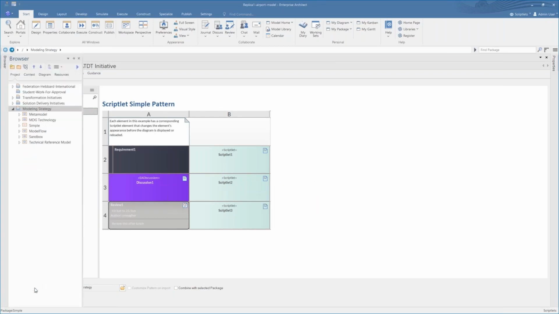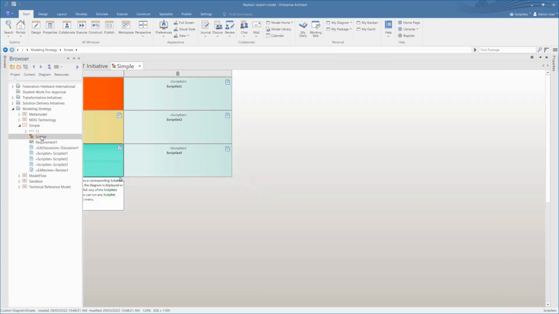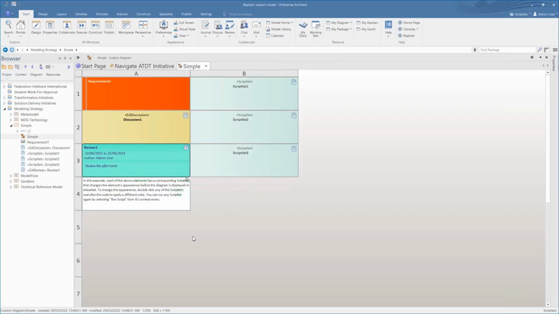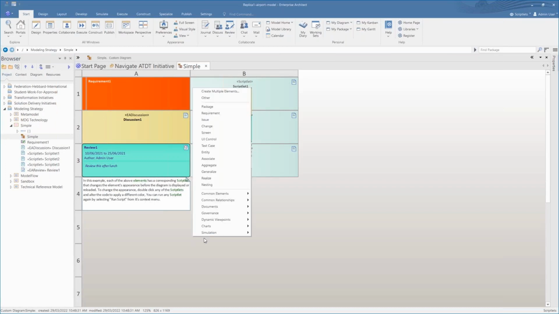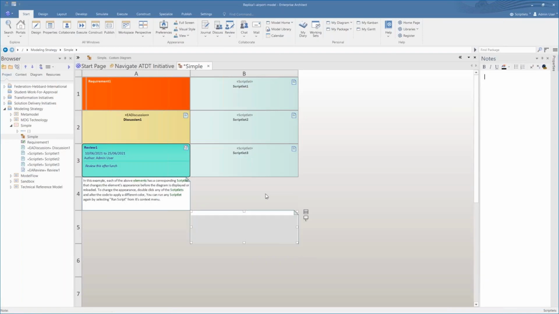And I think the scriptlets are another great Enterprise Architect 16 feature that's been introduced with the product that I would recommend that everybody has a look at. So you can see there's a package there called Simple, and there's a simple scriptlet example that has now been added to our model repository under the replica. And I can add a note, just putting some details down here. And all of this is going to be saved in our replica.